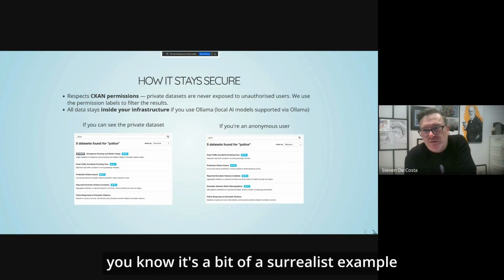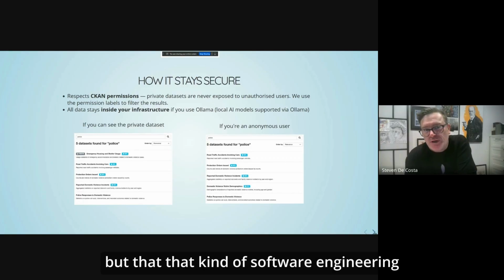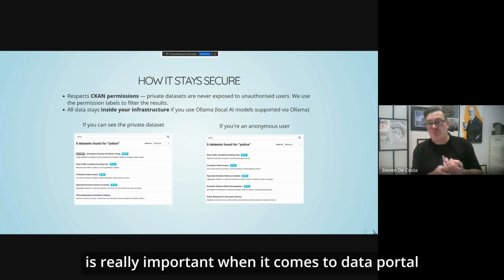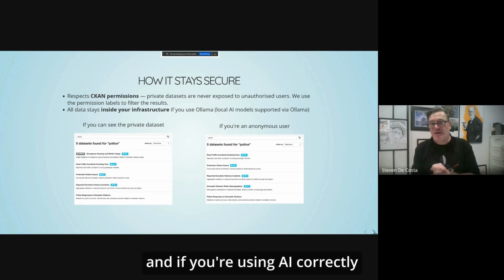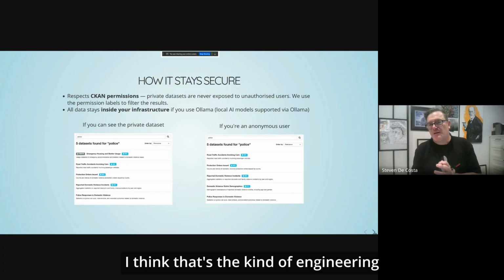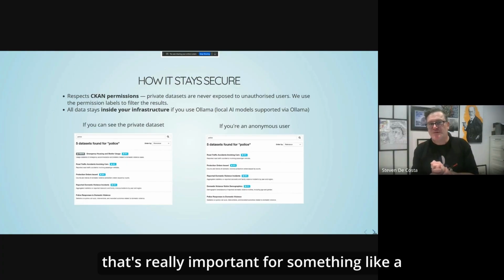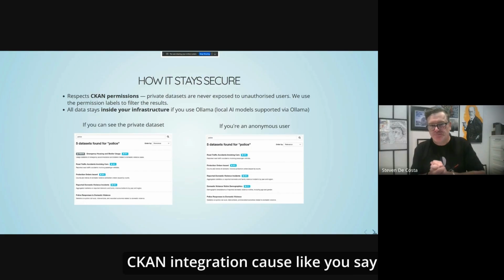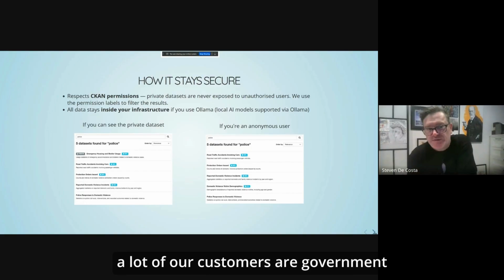It's a bit of a surrealist example, but that kind of software engineering is really important when it comes to a data portal. And if you're using AI correctly, using the real power of AI, that's the kind of engineering that's really important for something like a CKAN integration. Because like you say, a lot of our customers are government.